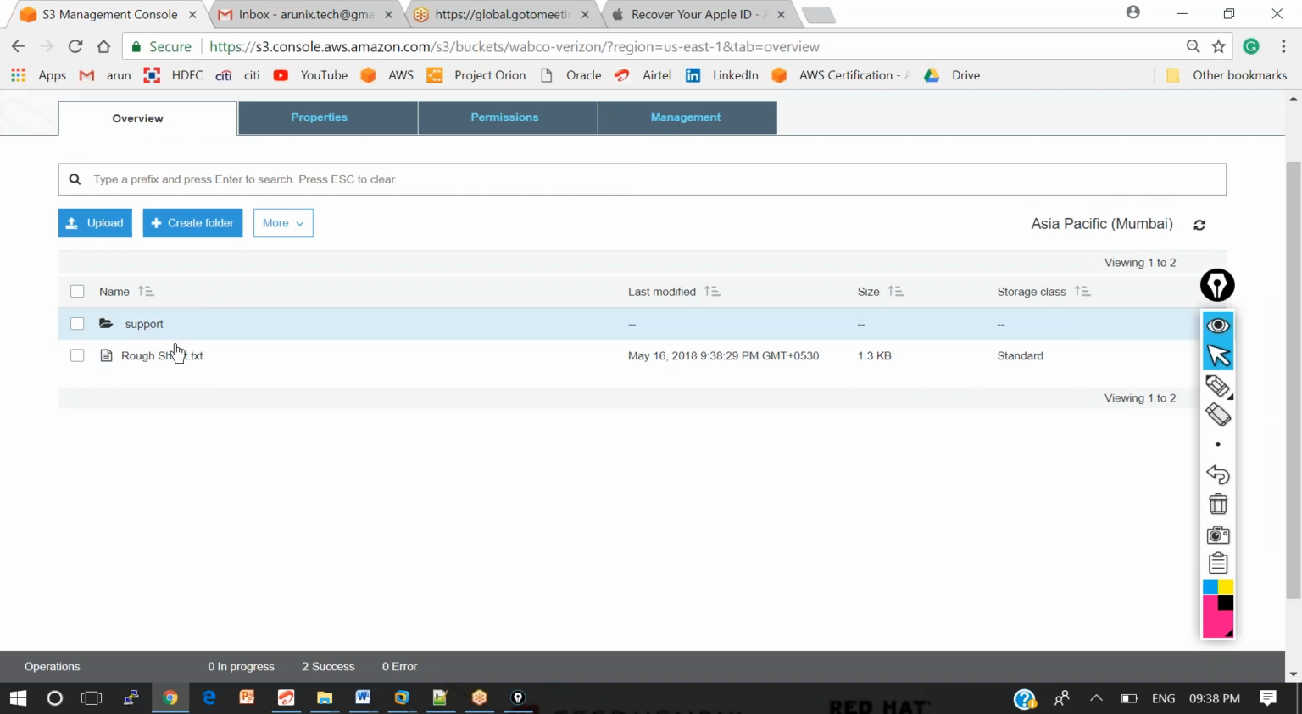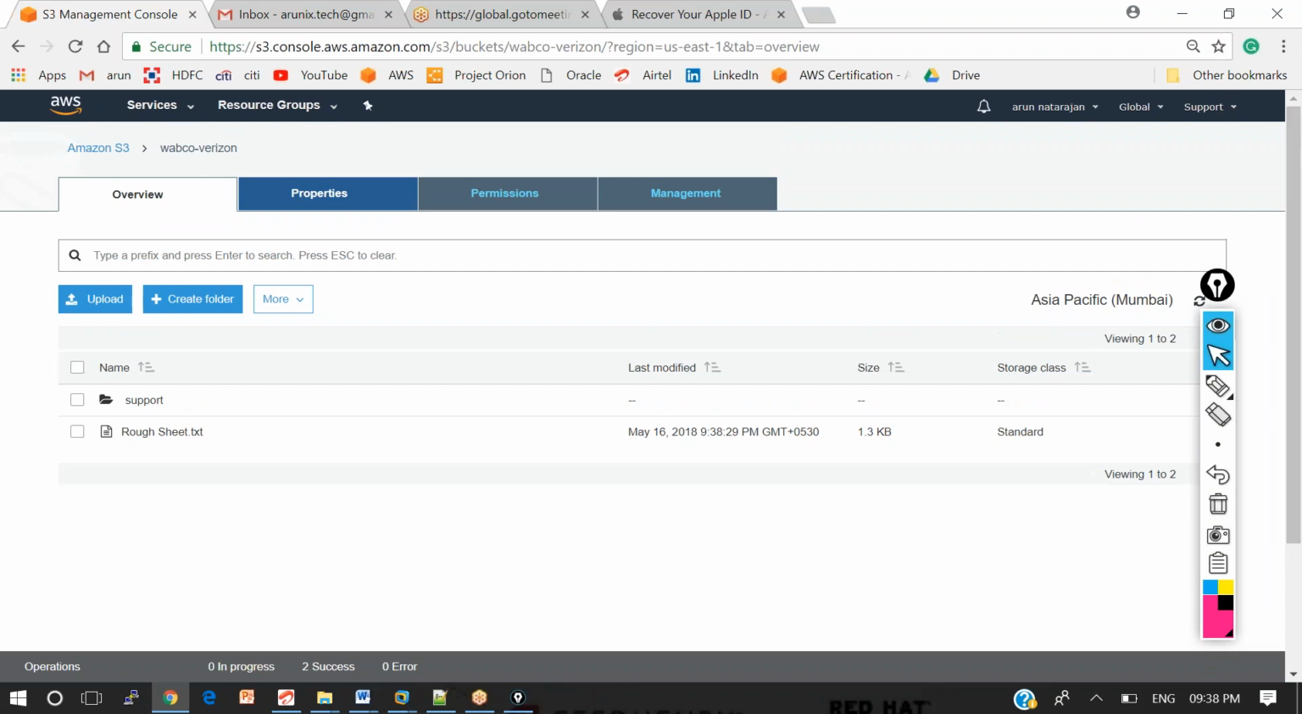So now we have created a bucket called WAPCO-Verizon. Under the WAPCO-Verizon bucket, we have created one directory and one object. Okay, right. So now when I want to access this file,